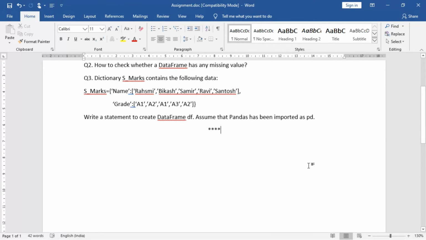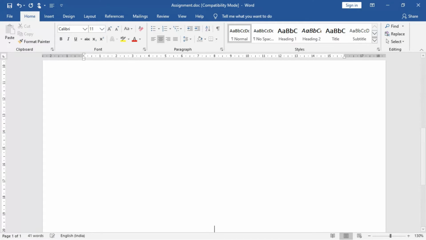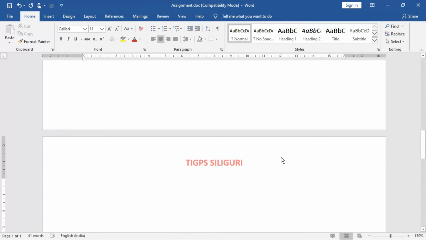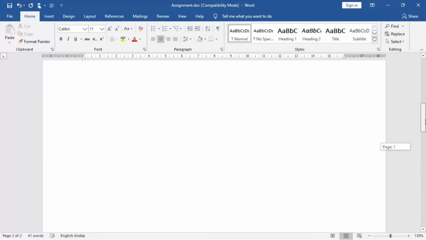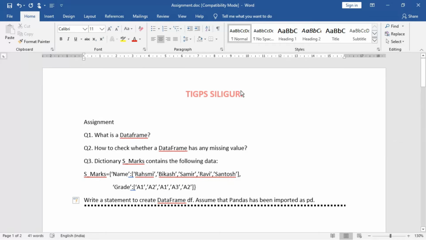Suppose I am coming down in this way, you see out here, when I am entering this one, you can see it has come over here. So in this way, in all pages of the entire document, these headers will be inserted. If you want to edit the header, you go to the header area and just double click on it. It will be activated. So in this way you will be able to insert a header.